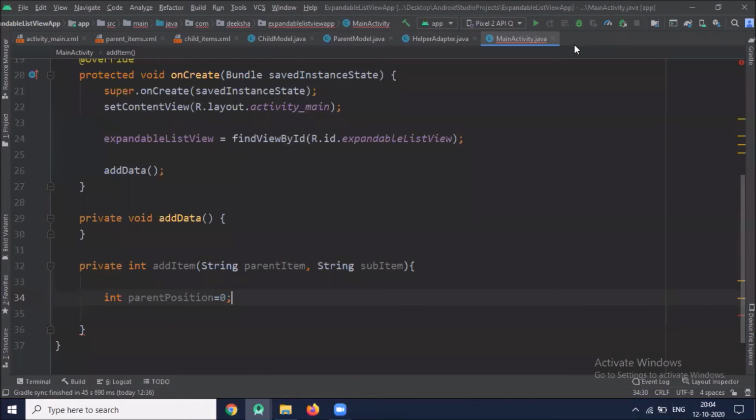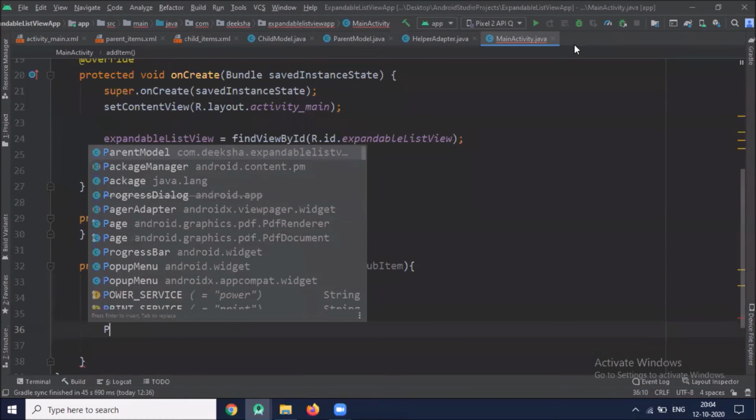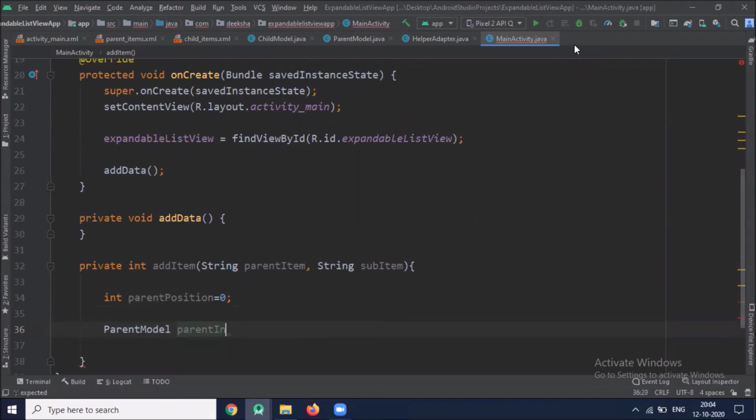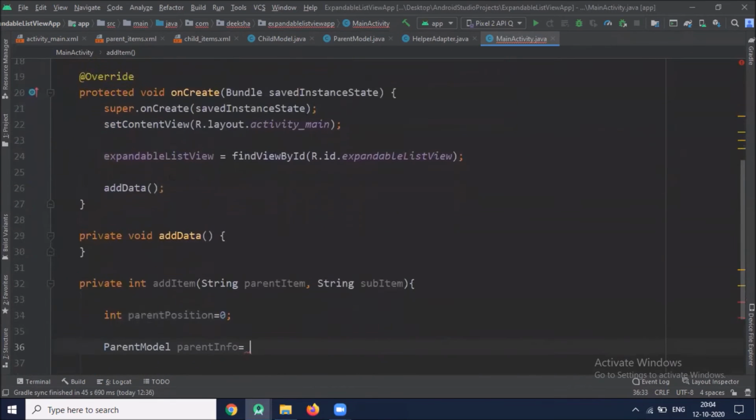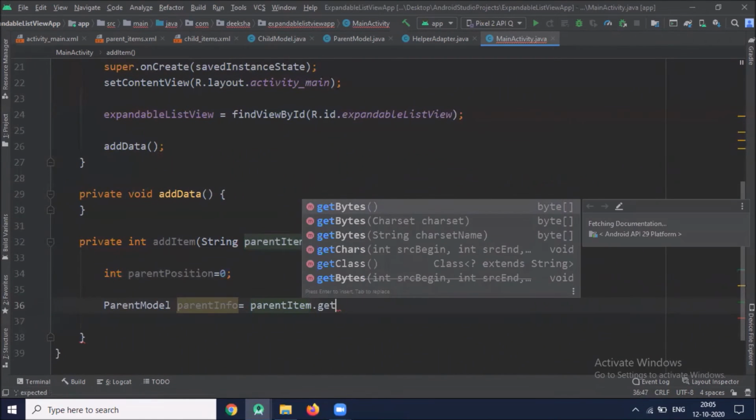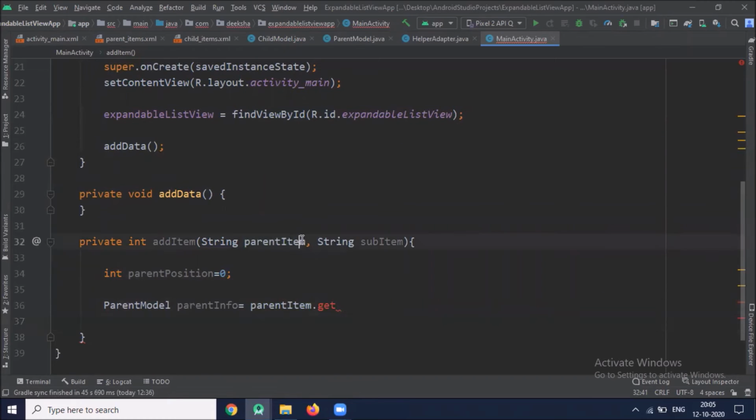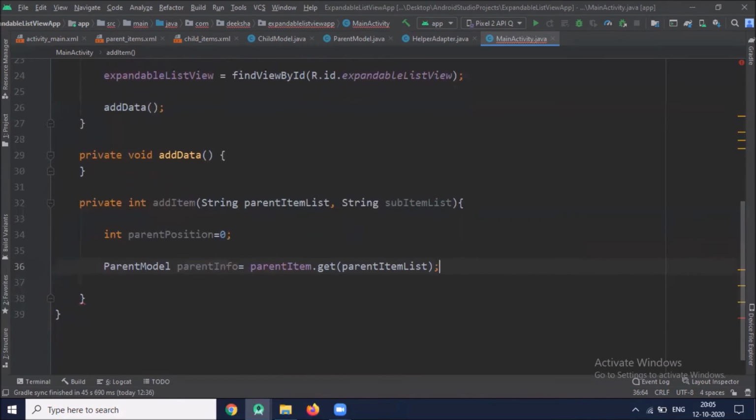First, we write the condition to check whether the parent item already exists or not. Now, what if the group does not exist? Then we add the group.